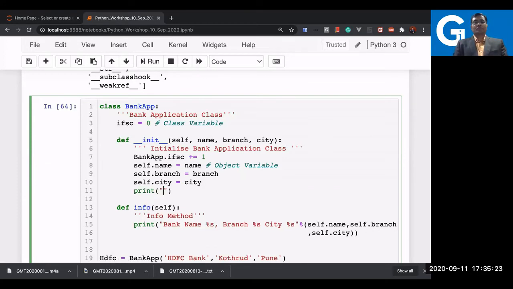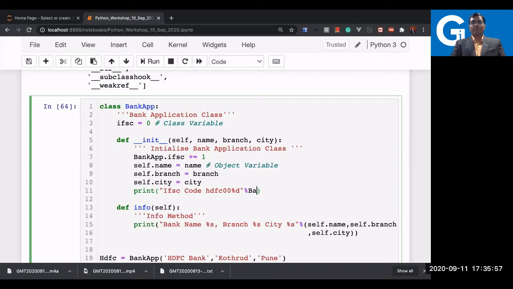Print IFSC code and percentage, let's say for the SDFC, I'll write something like SDFC 001 or 00 and then percentage d, because this is a digit value, right? Decimal value. So print it by, okay, while accessing, you can access by the self also, and you can also access by the class name. So it's your choice now.